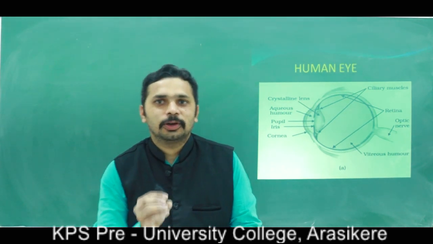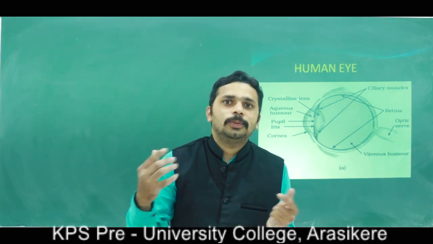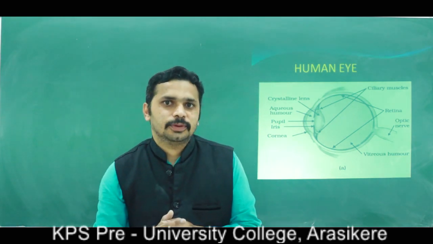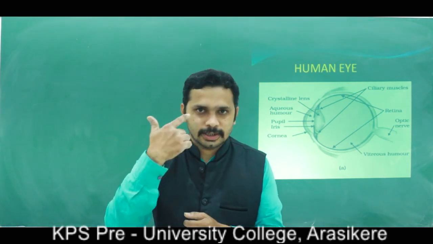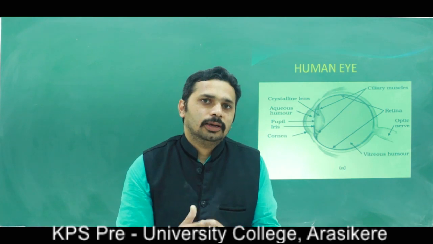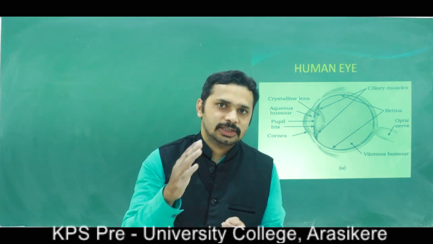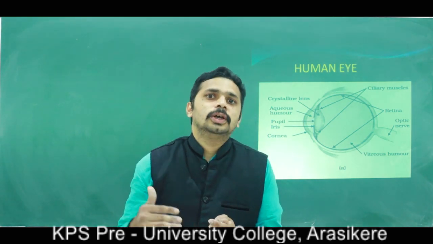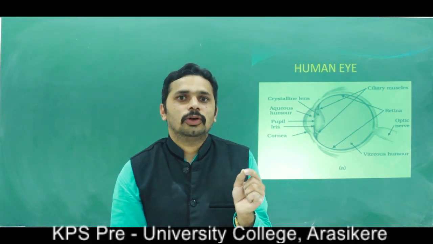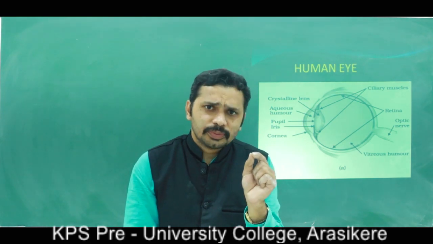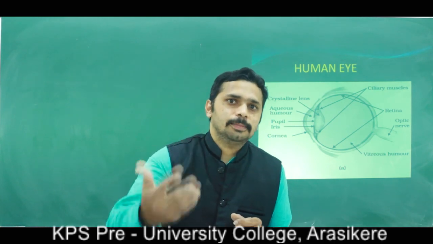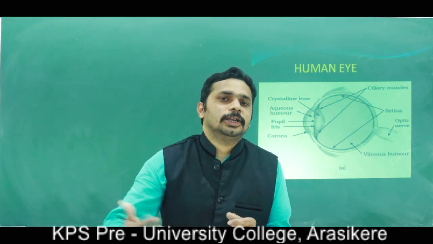Dear students, now we are going to discuss optical instruments. There are three optical instruments. One is the natural optical instrument, that is our eye, and then the microscope and the telescope. For our syllabus, these are the simple microscope, compound microscope, refracting telescope and reflecting telescope. But actually you just have to know about the human eye. That helps to explain the simple microscope, compound microscope and telescope.